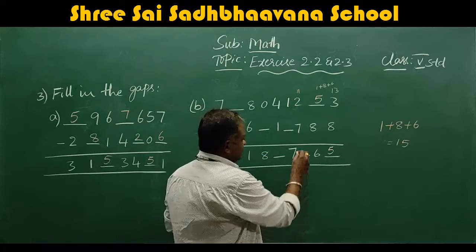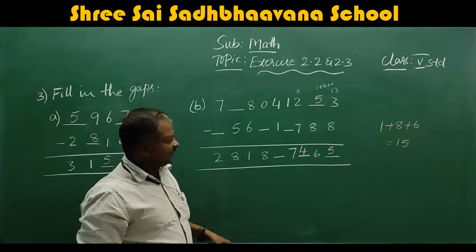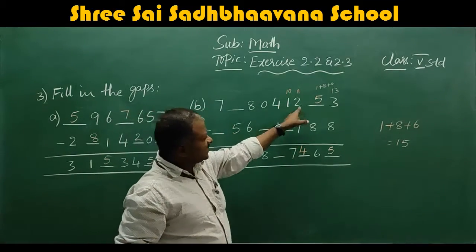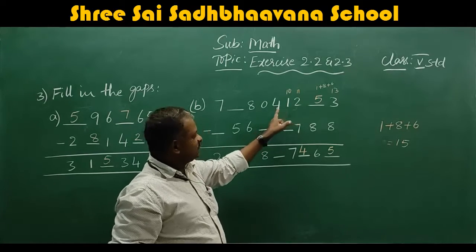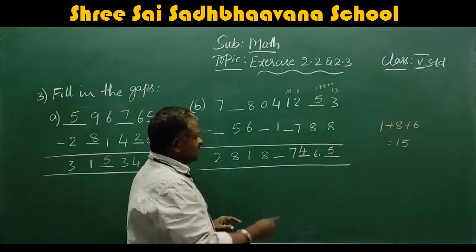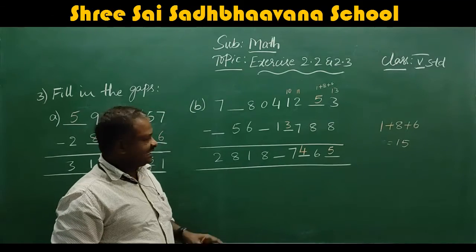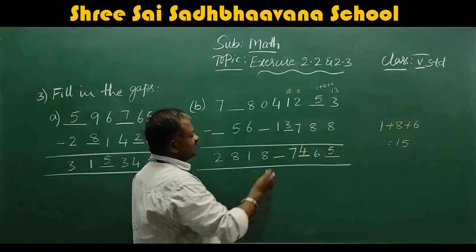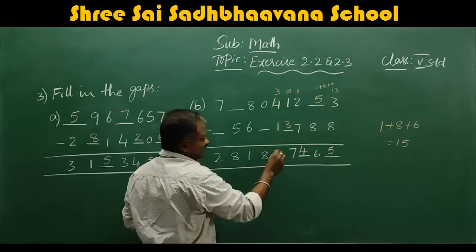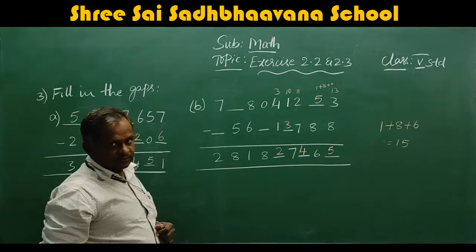Next, here it is 11 because we are taking carry from here. So 11 minus 7, it is 4. From now this is 10 because we have taken the carry from here. So this becomes 0. You take carry from 1 here. This becomes 10. 10 minus 3, it is 7. Now this becomes 3. So 3 minus 1, 2. Okay.